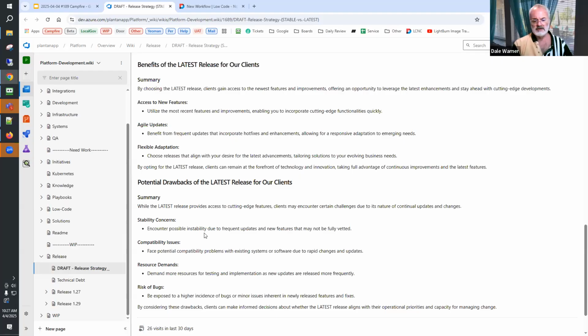That becomes our next 129 and stable. If you value stability, you would stay on those stable releases. If you're waiting for the latest and greatest as soon as you can get it, then the next one would be your spot.